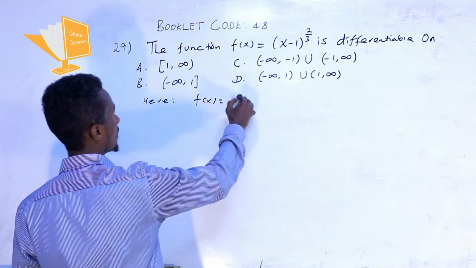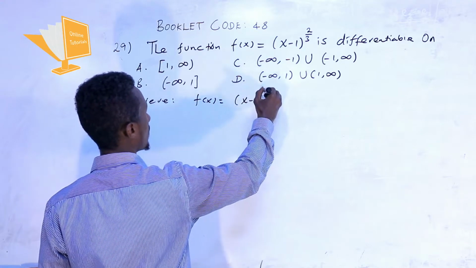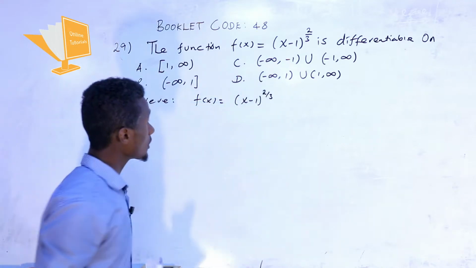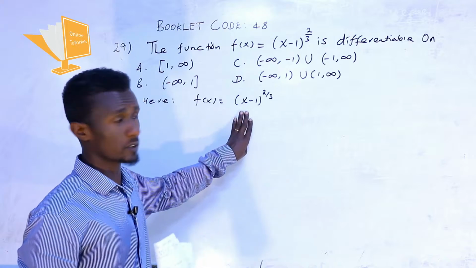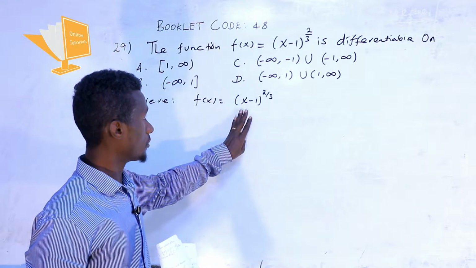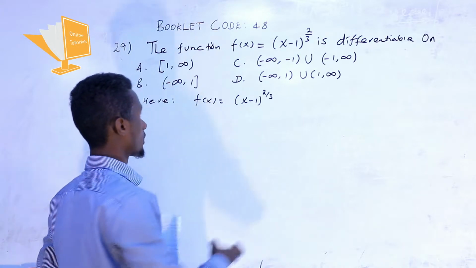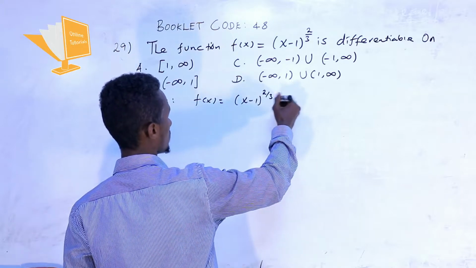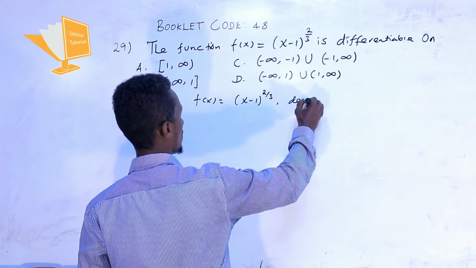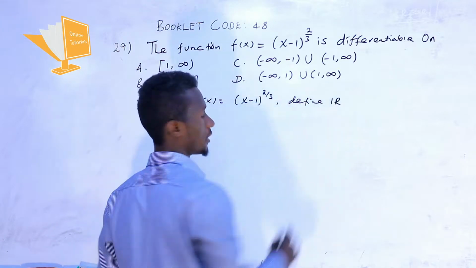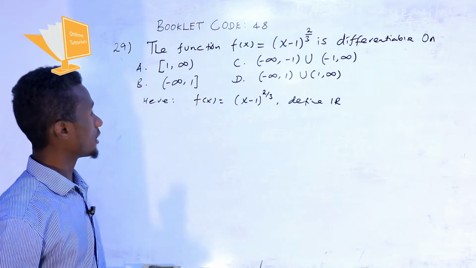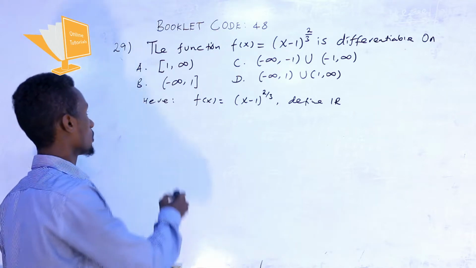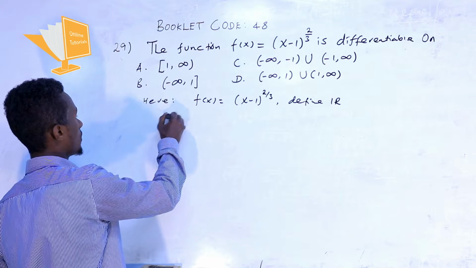Okay, now here we have the function f of x minus 1 2 over 3. This function is defined for all values of x, ለማንኛውም x value. This function is defined for all real numbers. Now differentiate አድርገን ነው ቼክ ማድረግ የምንጠብቅበት. So to differentiate this use